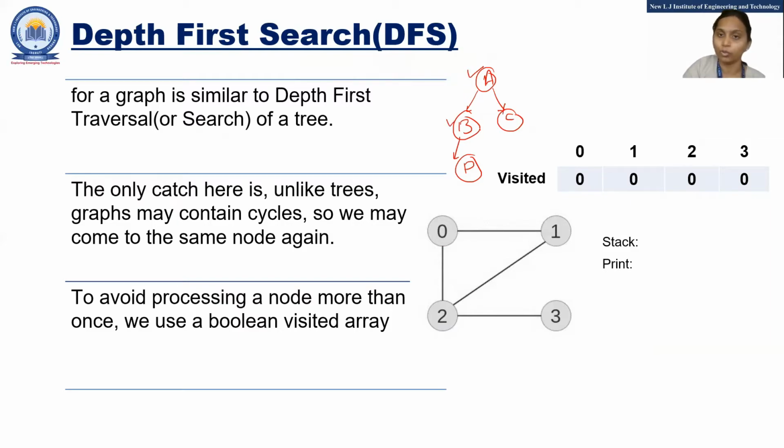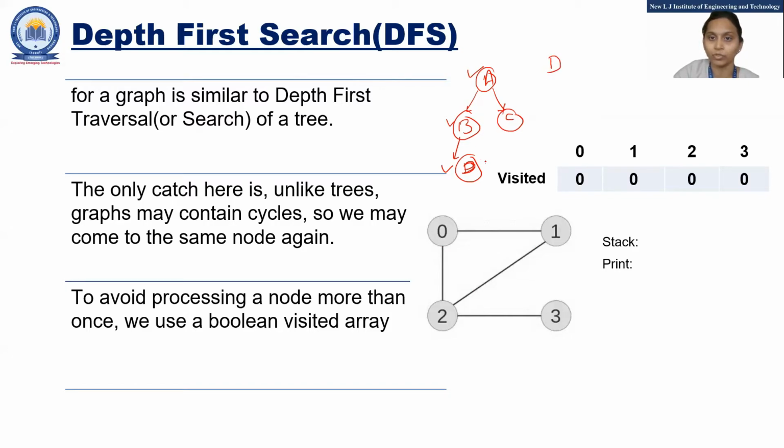Yes. Now don't go with the level. You just have to go with the depth. So does B have any connection or not? Yes, it has. And now does D have any connection or not? No. D doesn't have any connection. So this is the dead end. Okay. So whenever you find any dead end, at that time you just have to write it on your screen. Okay. So now D has been written.